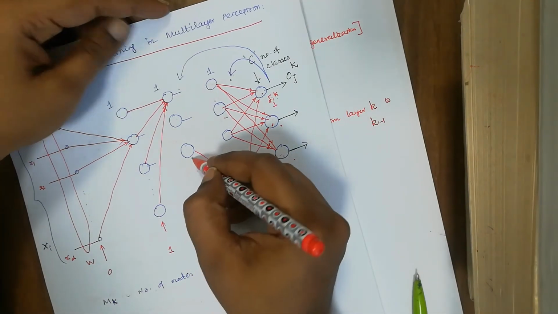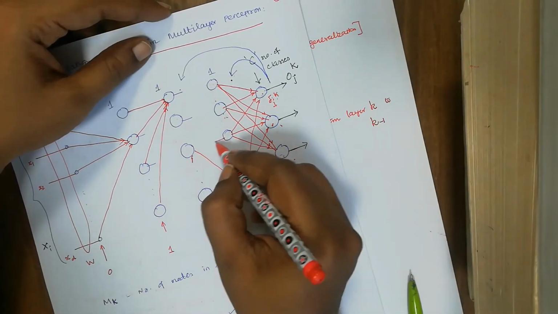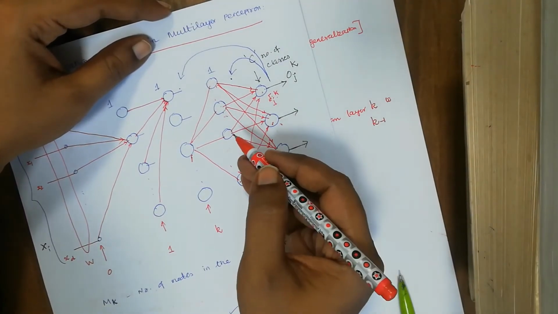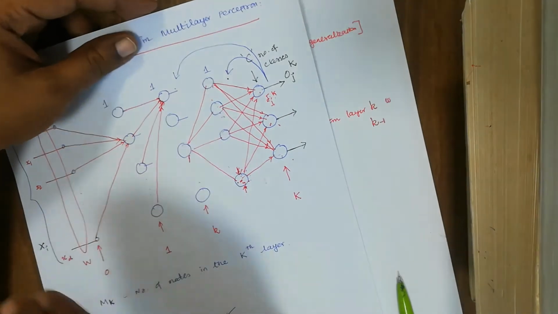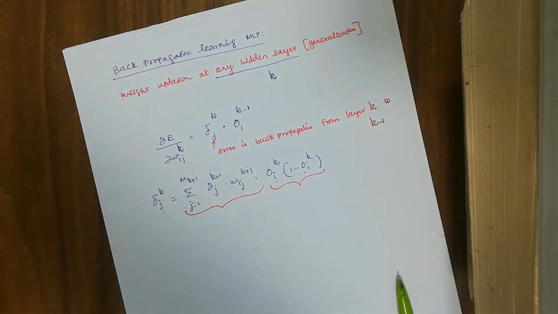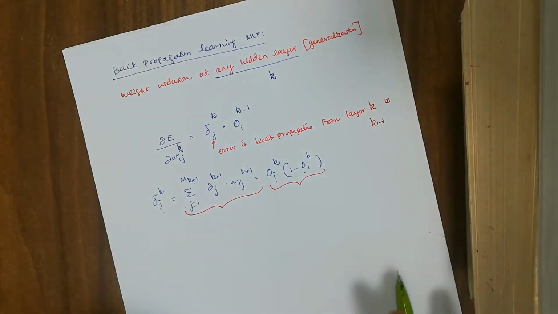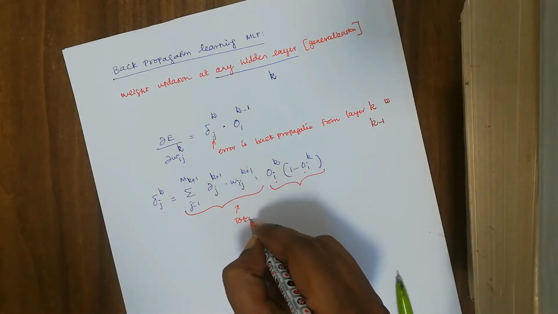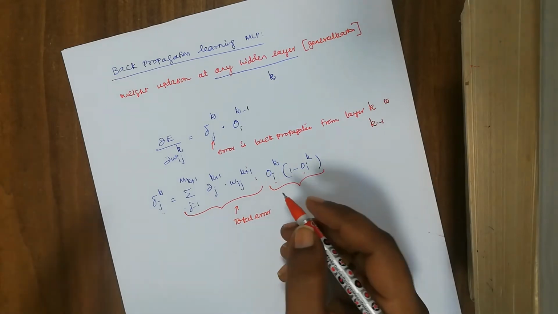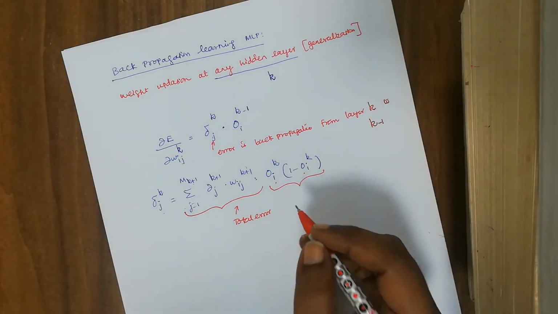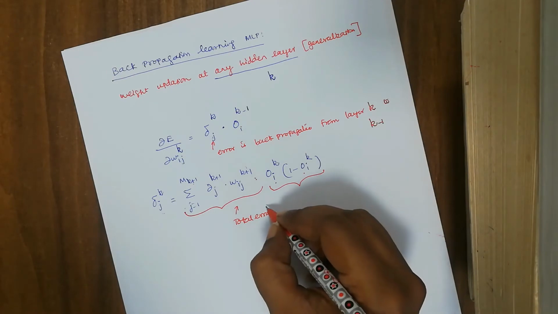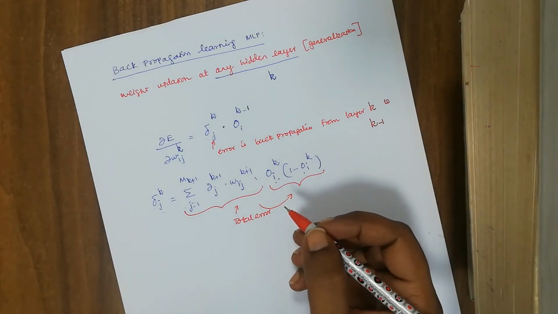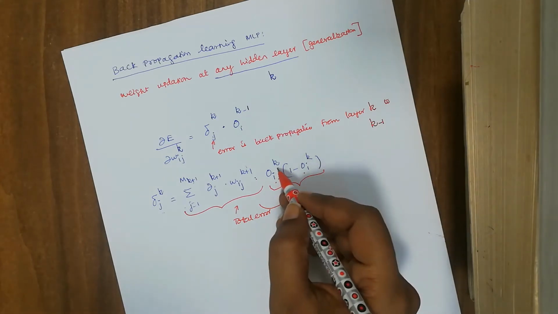When we calculate this node, let's say the ith node, it also gets error from all its nodes in the next layer, and so on. So this is what we are doing in the hidden layer. This is the total error. This total error at the k plus 1th layer from all the nodes gets back propagated to the ith node in the previous layer. We can say the previous layer as k here.